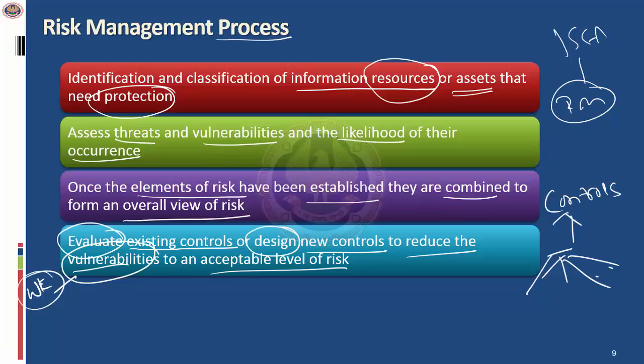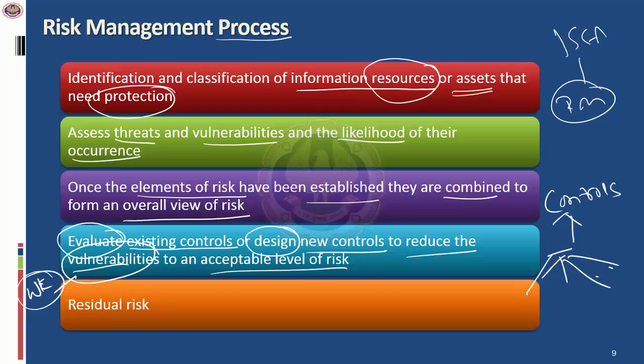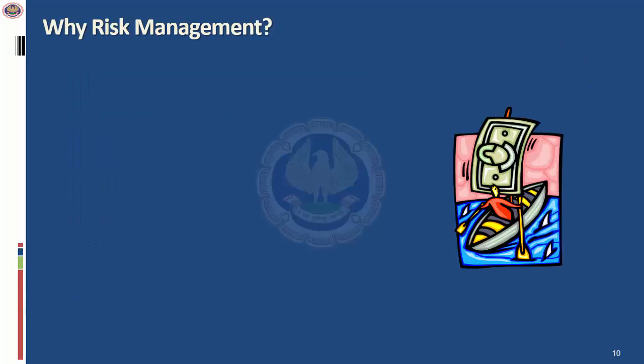For example, if you're using information technology and the information system can be hacked, can be accessed, how do you reduce this? So this is an inherent weakness or vulnerability. How do you reduce this? You reduce this by having physical security. You reduce it by having logical security. You also reduce it by having the right type of network security. So ultimately, after applying this, you have what is called the residual risk. So this is how the risk management process is done. I'll be discussing this a little later in a little more detail, but I wanted to get this clarity on how risk management is done, the process of risk management.